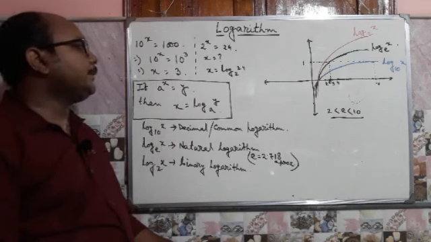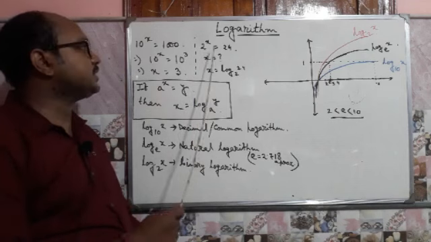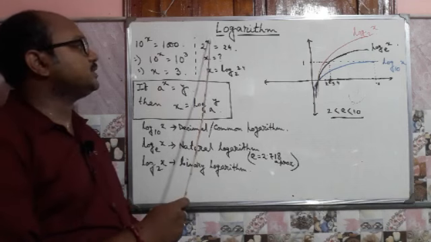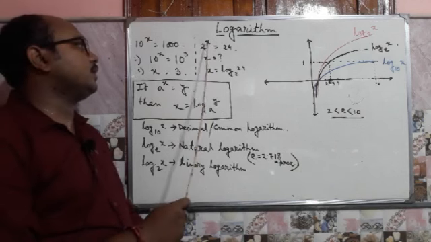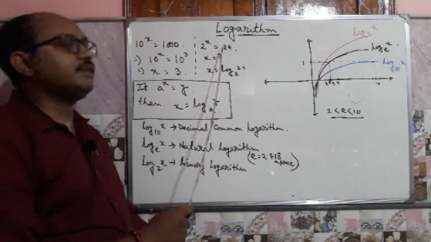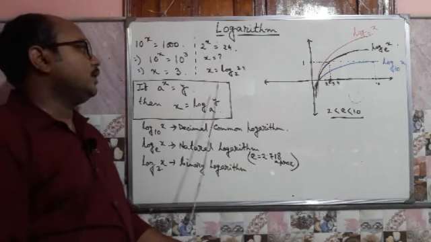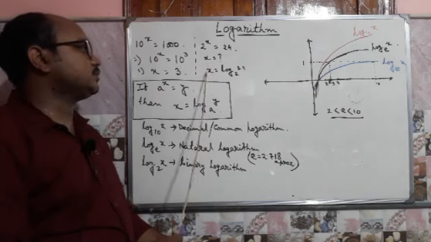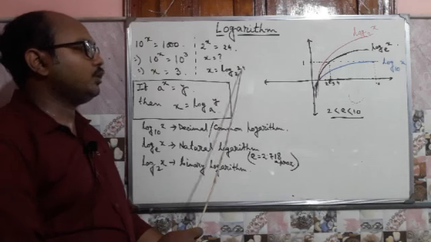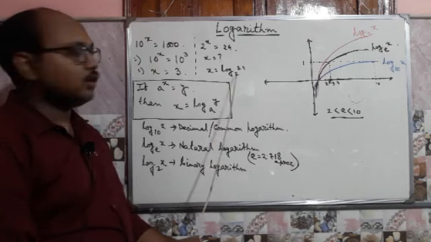But if it is given 2 to the power x equal to 24, then what is the value of this unknown power, this unknown variable? To get the value of that unknown power, we need the help of the function that is known as logarithm. From log we can define that x is equal to log 24 to the base 2. Again, the way to say it is log 24 to the base 2.